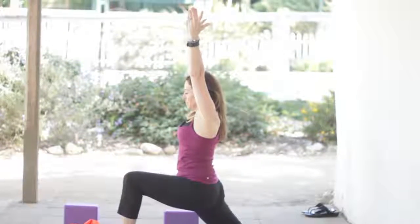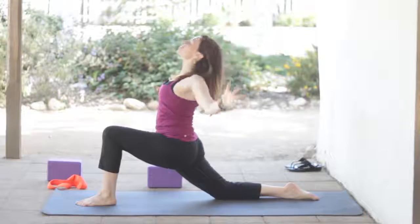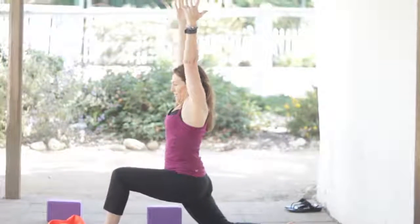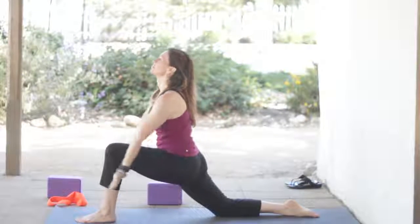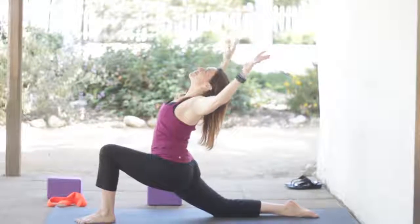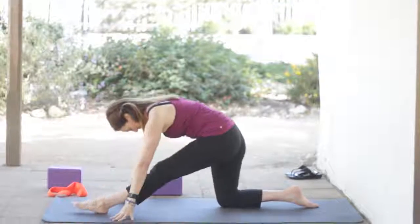Reach arms up, spin triceps forward. Keep the ribs drawing in. Exhale, open up the chest, bend the elbows. Inhale, reach up tall. Exhale, open up the chest. Inhale, reach. Exhale, open the chest, moving slowly, and then hands to the floor, straighten the left leg, pull the toes back,